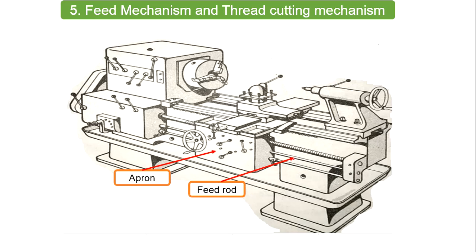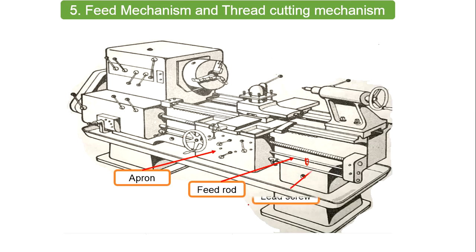Okay, so this feed rod is engaged with the help of some gears in the apron, and because of this engagement of the feed rod, the feed motion is provided to the carriage. So the feed may be the longitudinal feed, or it may be the perpendicular feed. Both types of feed can be automatic in the lathe machine, longitudinal feed as well as cross feed. So the rotary motion of this feed rod is converted into the translatory motion of the carriage. In this way we can achieve the feed motion.